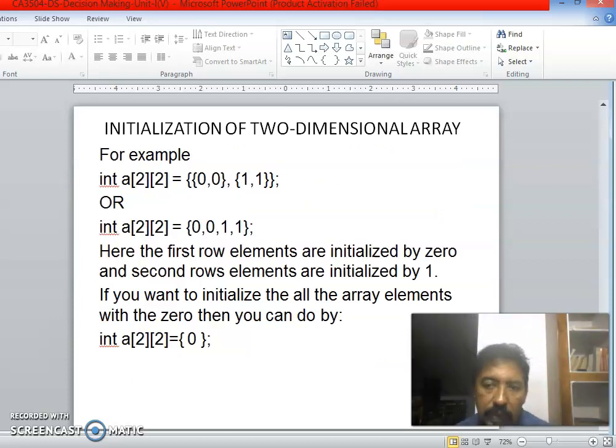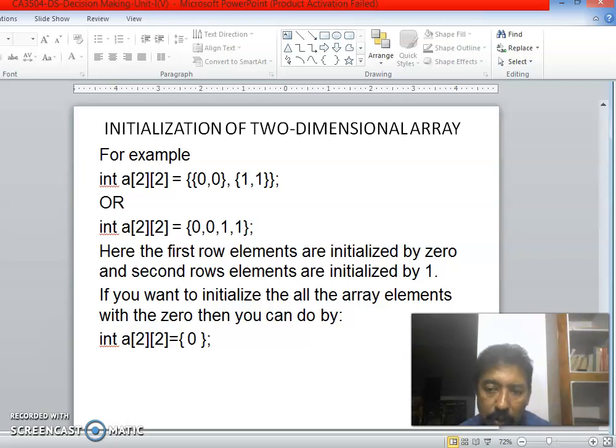Then this is a simple example for two-dimensional array initialization. int a[2][2] equal to, then open brace, double braces, then 0, 0, then 1, 1.